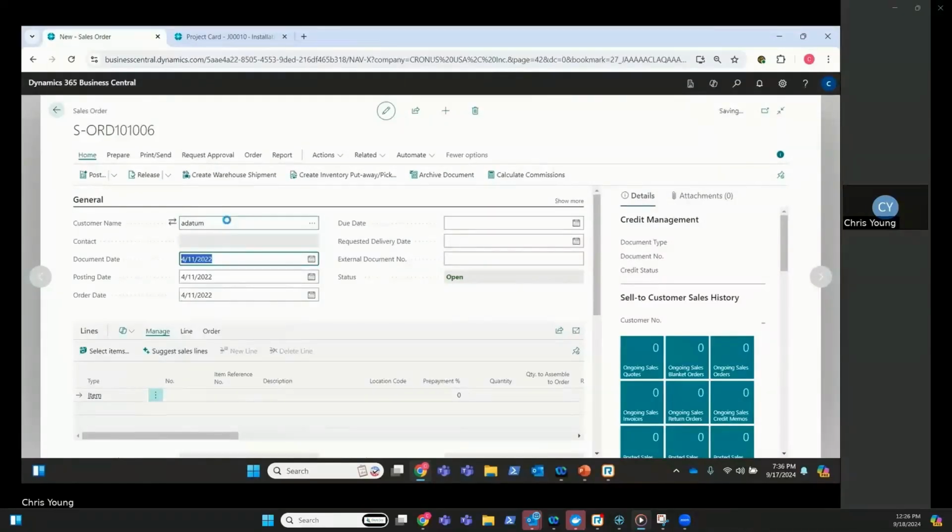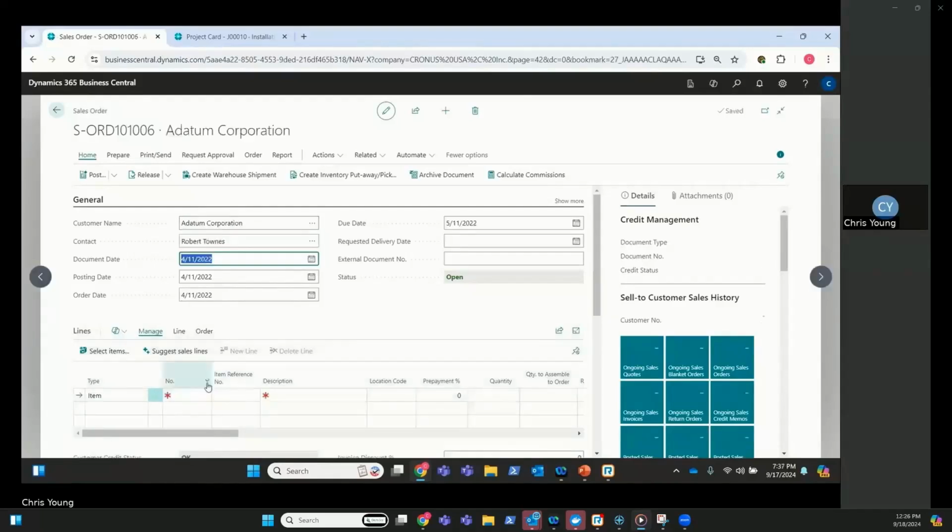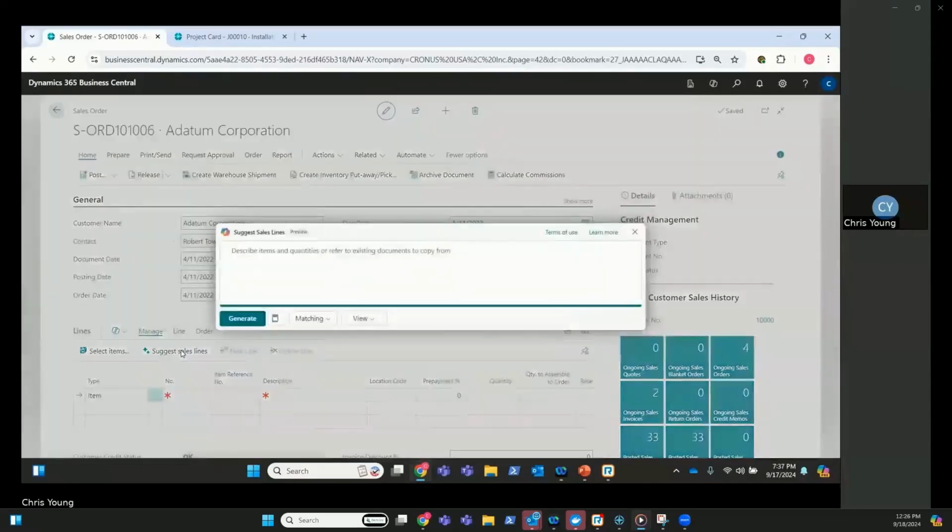And rather than going to my lines, I can click on suggest the sales lines. And this is a chat box. And it says, describe items or quantities, or refer to a document, which I could put in here an Excel spreadsheet that I received via email or an email text. But I'm going to say Adatum wants the same items as their last order